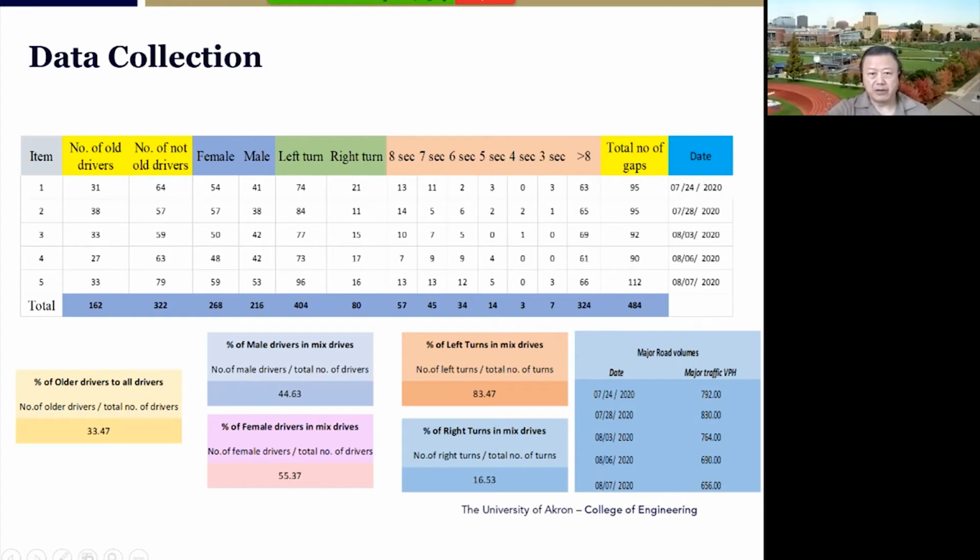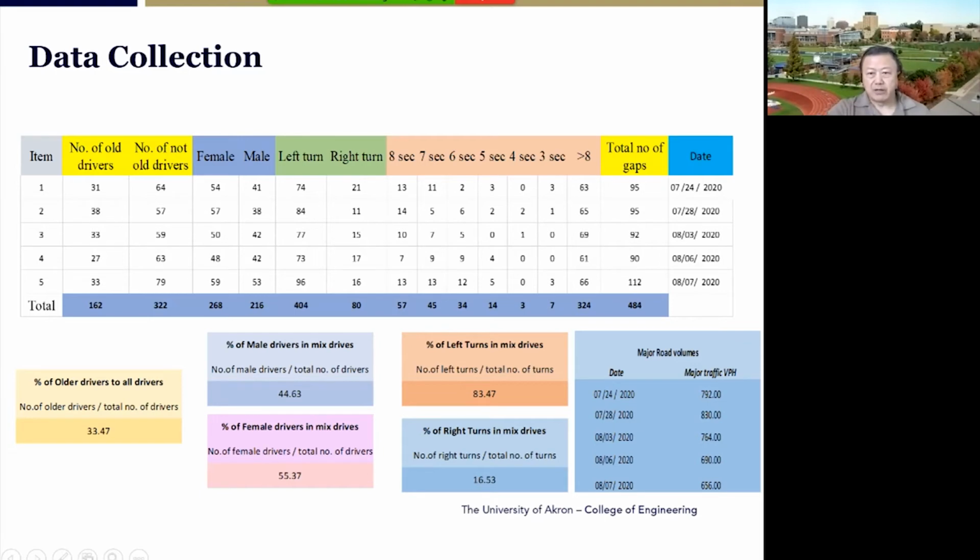As you can see, we have the number of older drivers and non-older drivers, gender, and whether they make a left turn or right turn. And the last part, where I show my mouse cursor, is the gaps they select and how many selected different sizes of gaps. For example, in study 1, we did several studies on different dates.